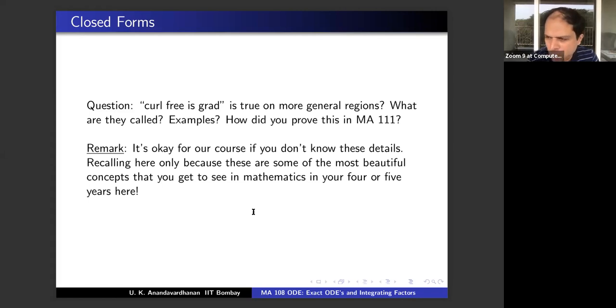I'm sure in +2 you would not have seen simply connected regions and Green's theorem and this proof and all that. And these are very nice concepts. It's extremely beautiful for the following reason. You must have seen this in calculus. Computing curl, computing grad, these are all about derivatives, differential and all that. But the answer of curl free is grad does not depend on your function, not on the calculus that you do. The answer is in terms of the shape of your domain. Whether your domain is convex or simply connected, etc., is not about your function, not about derivatives, right?